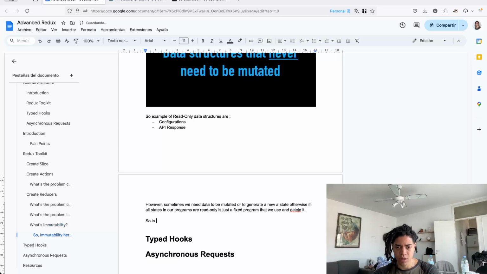So in a function, once we receive the data, instead of mutating that,